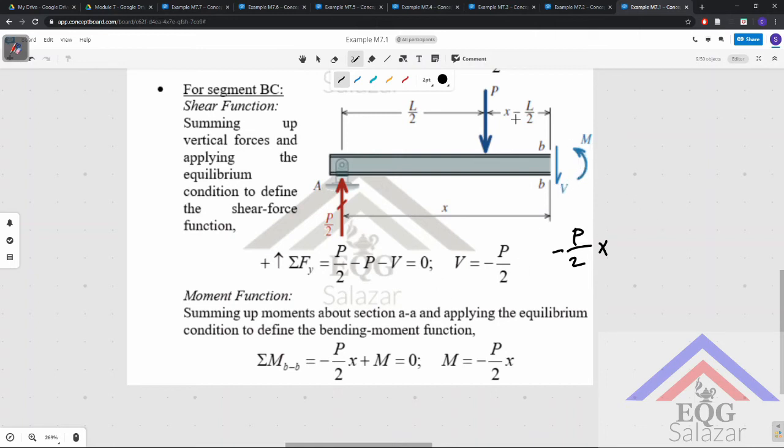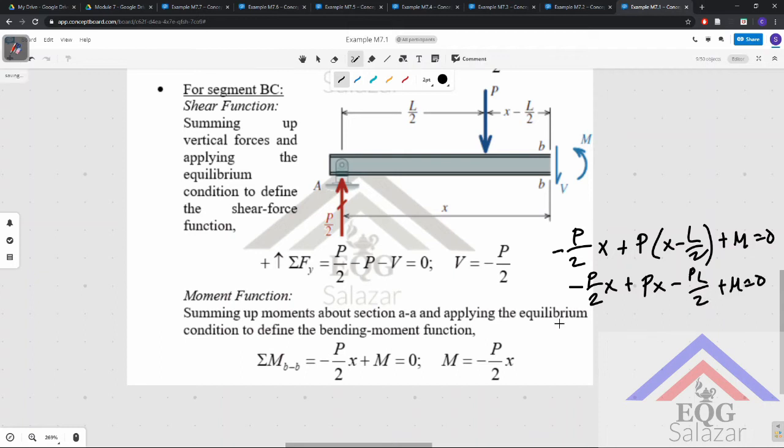And then we have plus P times x minus L over 2, and then plus m equals 0. So here we have P over 2 times x plus P times x minus PL over 2 plus m equals 0. So if I transfer everything there, I have m equals